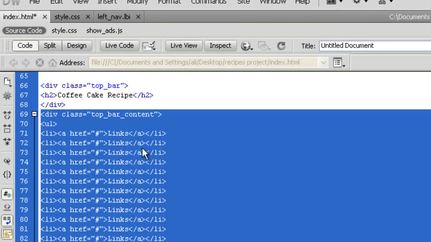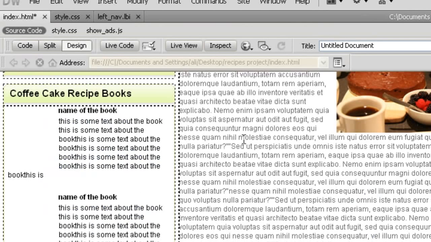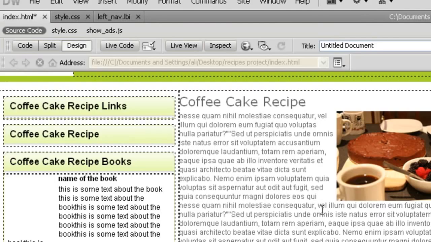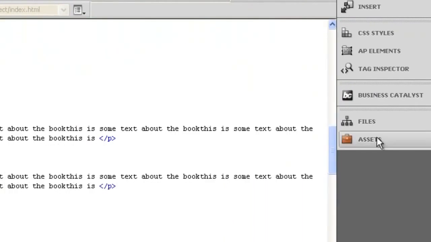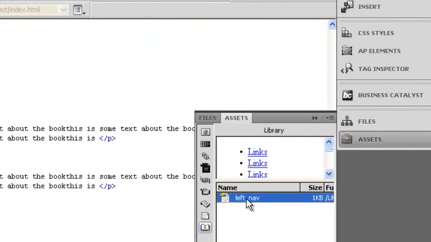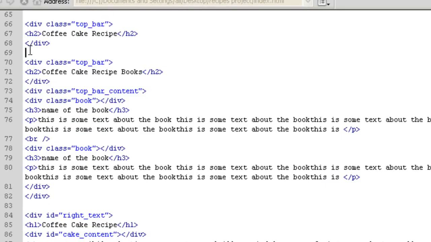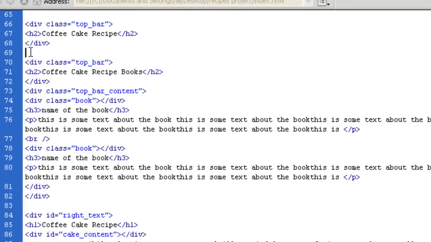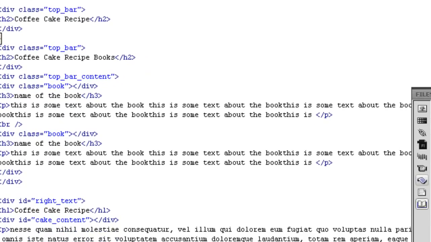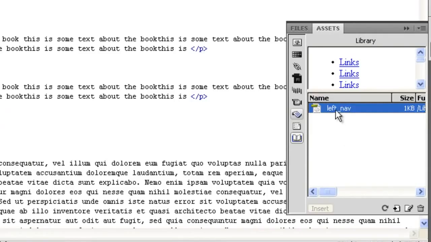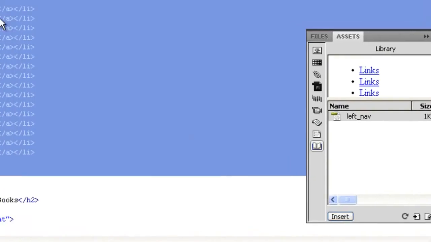What I'm going to do here is delete this in the code view. Okay, and I'm going to go to my assets folder and click on left navigation. Now for left nav, make sure you're actually clicked inside the area that you want it, so the area that you just deleted. Leave your cursor there, okay? Come over to your assets, choose the left nav, and then all you do is click this button here, insert,